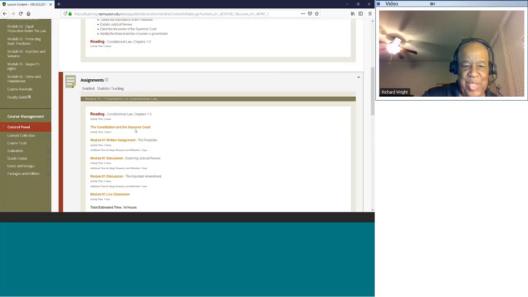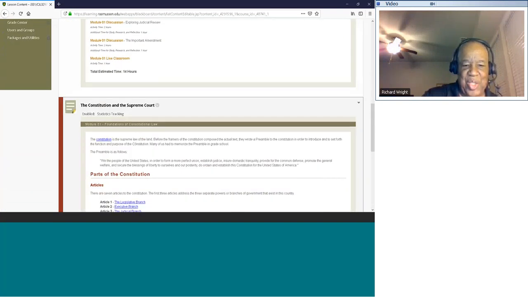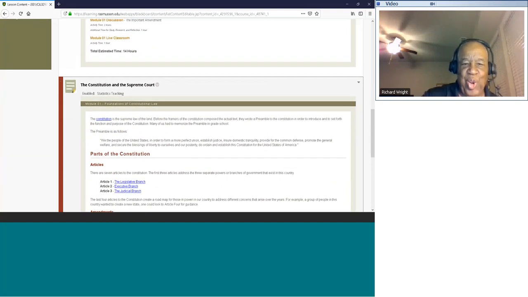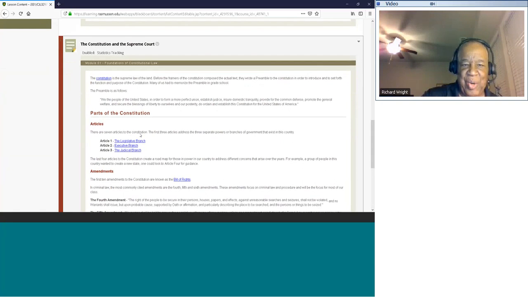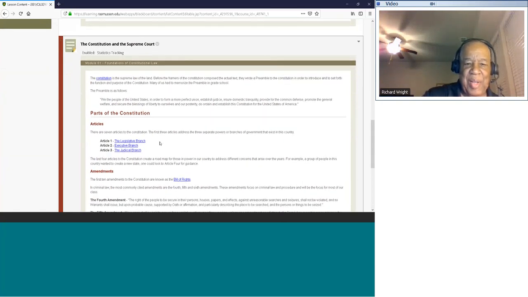Constitution and Supreme Court is a section. I already told you about this. So with Constitution and Supreme Court, you can go over these and click on it and you will learn about it in your course. You'll learn, first of all, just very briefly, that the government is divided into 3 sections. The legislative branch, which consists of Congress, which is the House and the Senate.